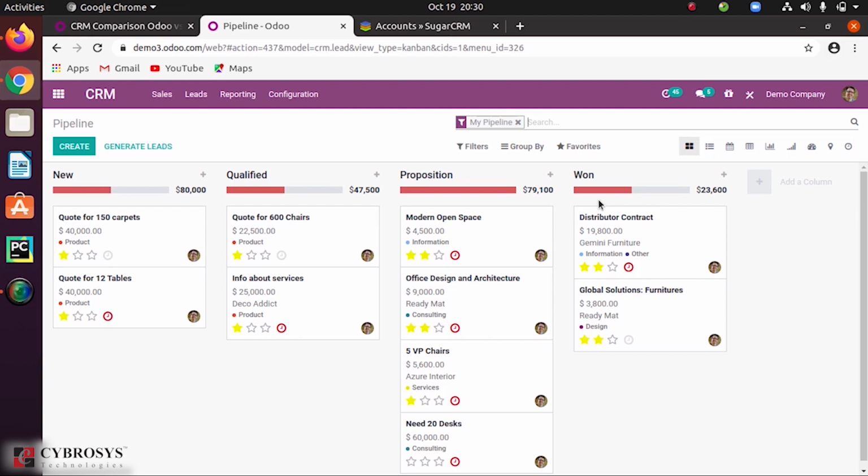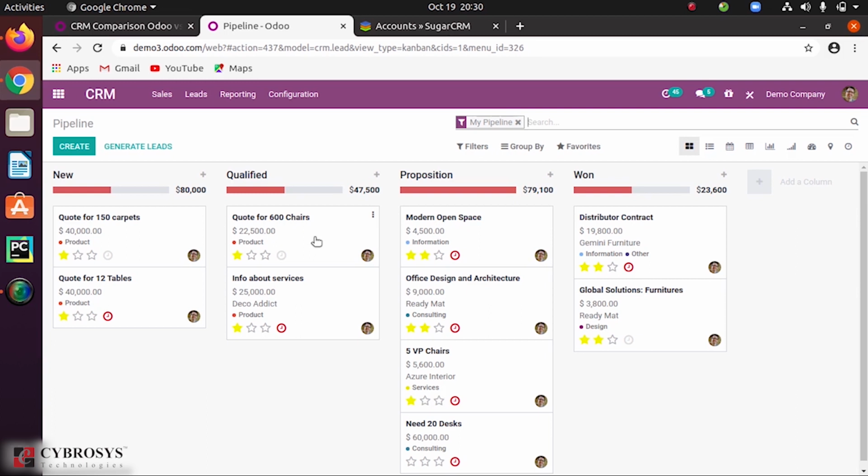When you open the CRM module of Odoo, here you can see the pipeline of the CRM in which you can see certain opportunities mentioned. Before moving on to that, with CRM there are two terms that are commonly used, lead as well as opportunity.